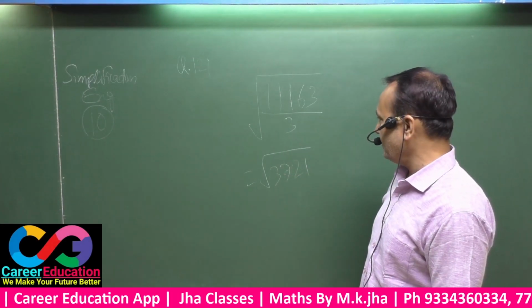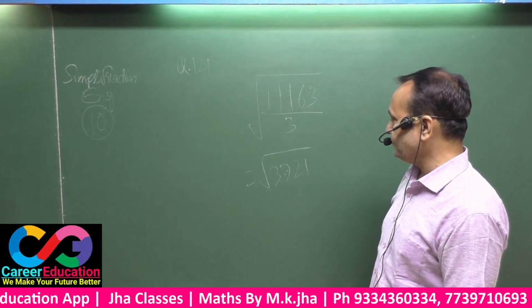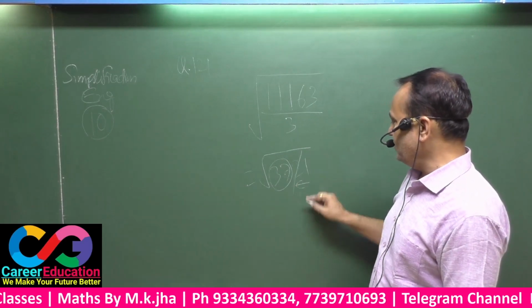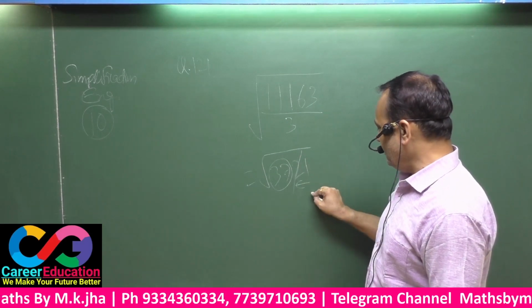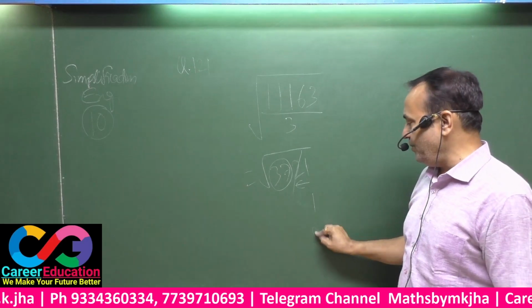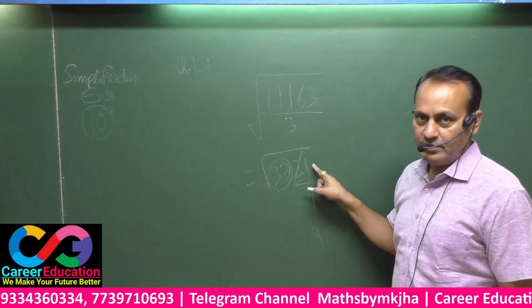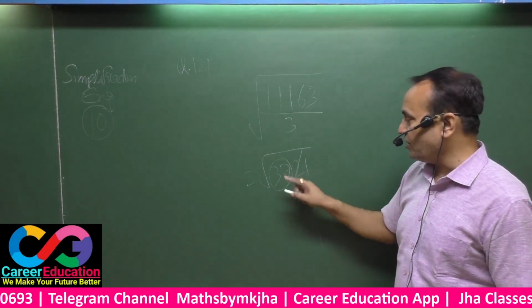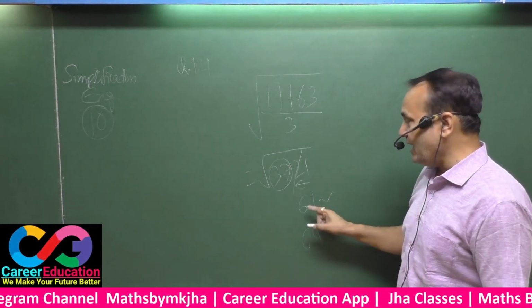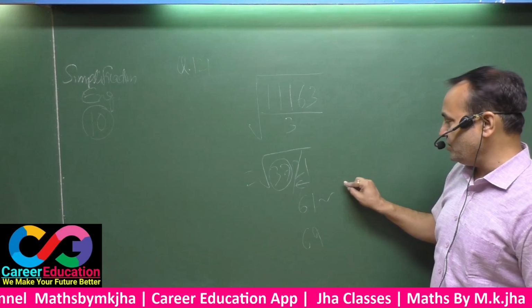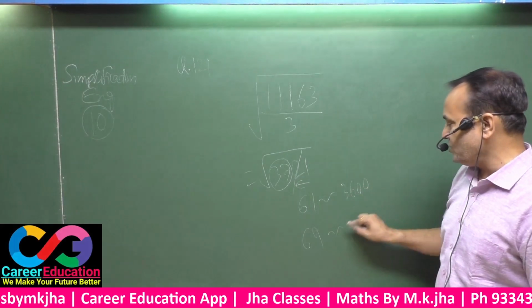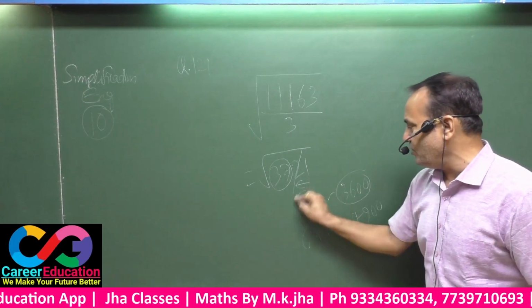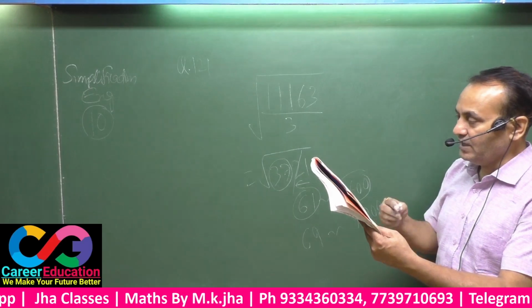Okay, see here, you have to find the square root of this. 1 square is 1, and 9 square is 81, so 1 matches at the unit place. Again 6 square is 36, which is near about 37. That means your answer is either 61 or 69. 60 square is 3600, 70 square is 4900, and 3721 is nearest to the former. That's why your answer is 61. Match the answer, that is 61.